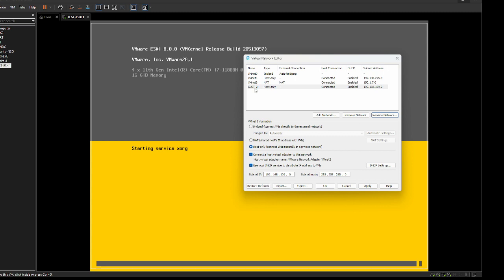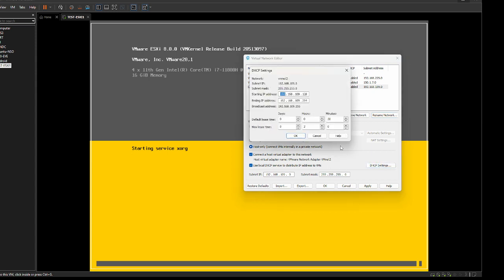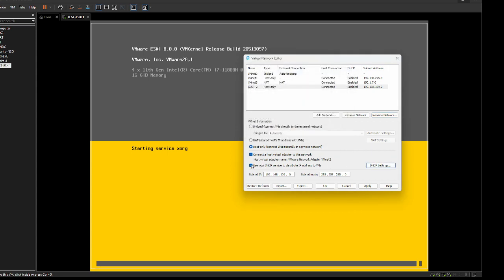My next thing is that I don't want to host a DHCP server. I don't want to give the virtual machines an IP address. I want to just do the networking, and I have a complex topology in place. For example, I just want this adapter to act as a switch. So I can go to the DHCP, or I can just unselect use local DHCP. If I unselect this one, it will not give out any IP address. If I select this one, it will give out the IP address.